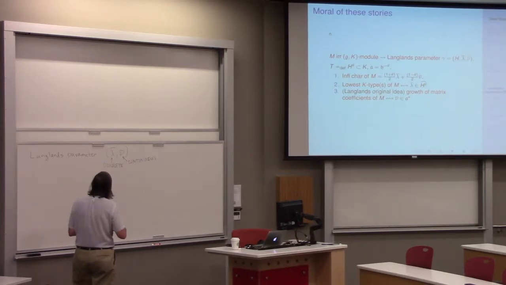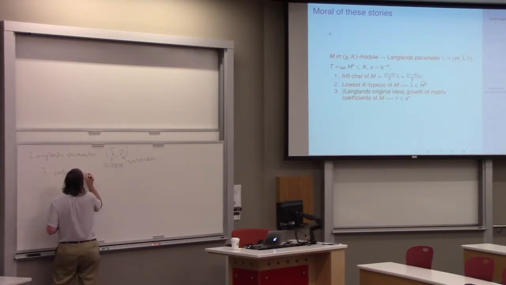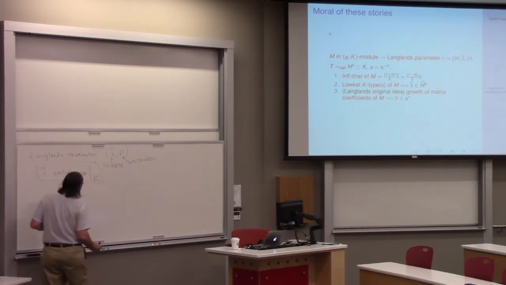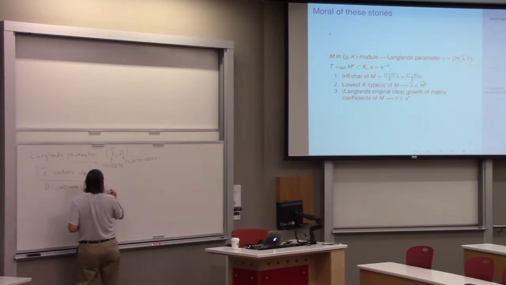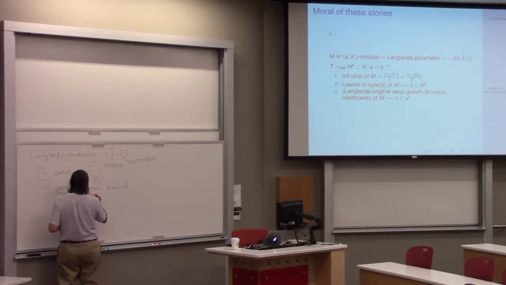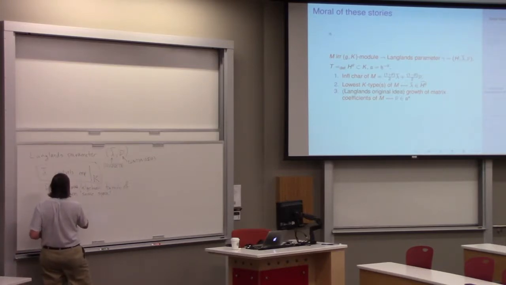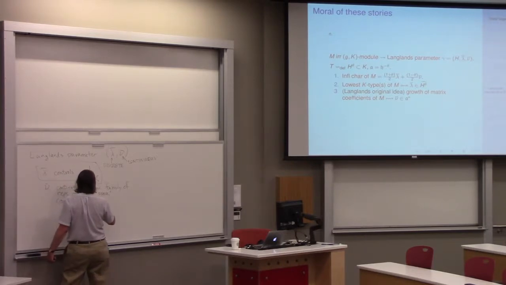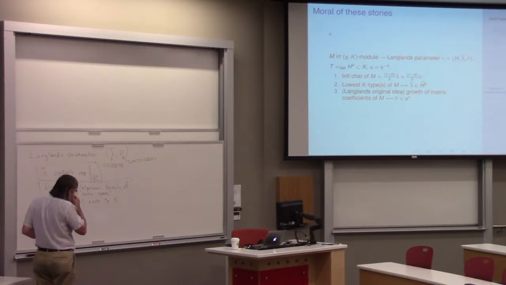And what happens is that this lambda bar controls the representation restricted to K. And this nu bar, basically what happens is that you have some continuous, or actually algebraic, family of representations on more or less the same space, which you have a constant restriction to K, and what we're going to do is